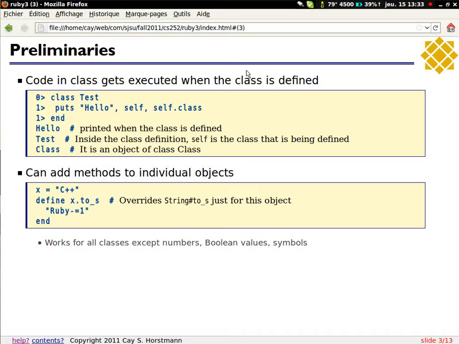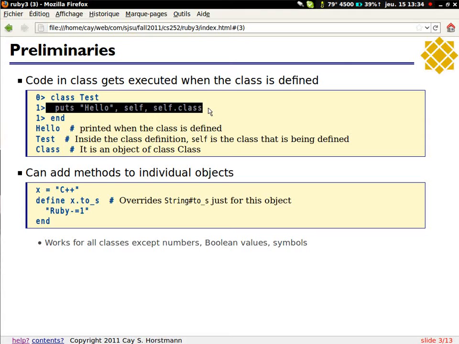What kind of thing is Test? It's an object that refers to itself as Test, whose class is Class. So as this code runs, self is set to the class that directs the behavior of all classes. My point is that anything between the class and the end gets run as regular old code when you define your classes.